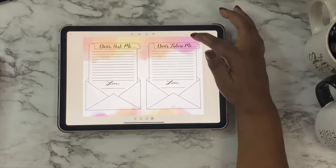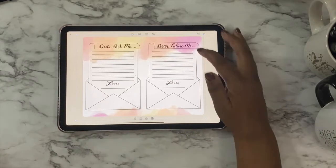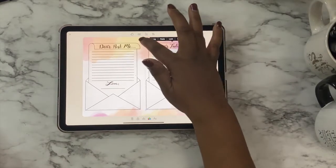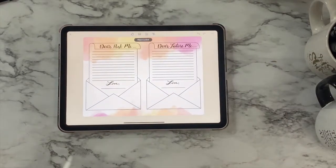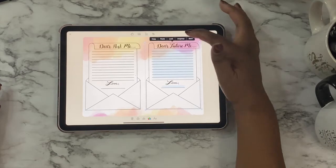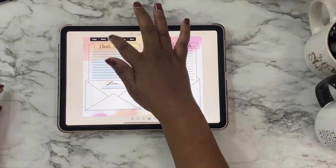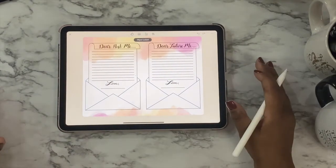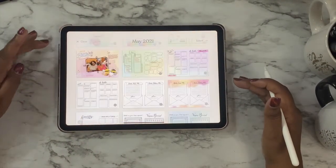Now, what needs to happen though is when you put something down, if you don't want it to move, you need to lock it. So I need to touch that background and lock it so that it doesn't move. Okay. Same thing with these things here. I need to lock them so that they don't move, and I want them to stay where they are. Okay, so they're all locked. I actually like that, guys. So I'm gonna go back to